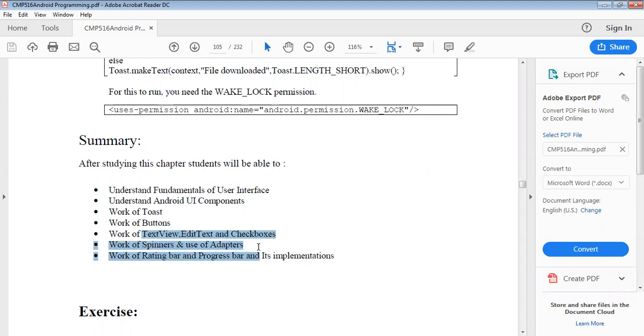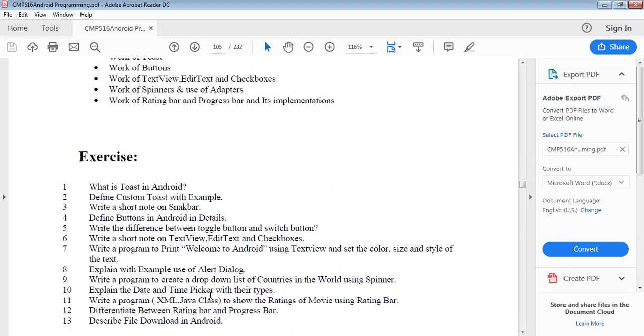We also saw rating bars, why they are important in our Android system, and progress bars, their implementation, and why they are important.